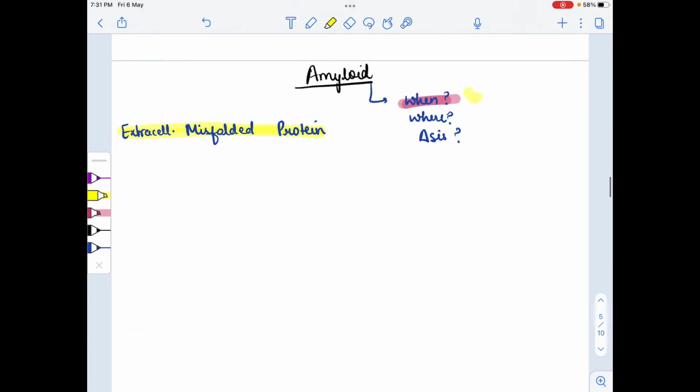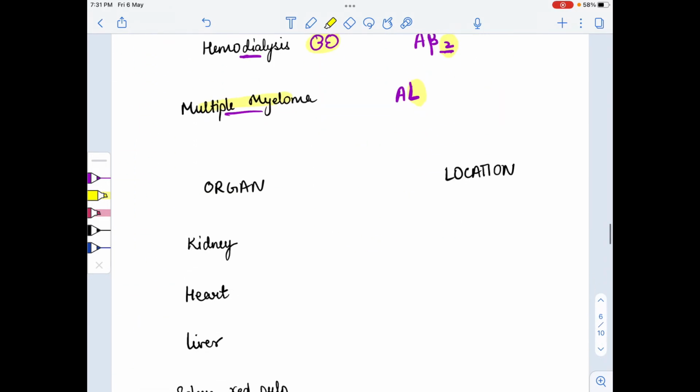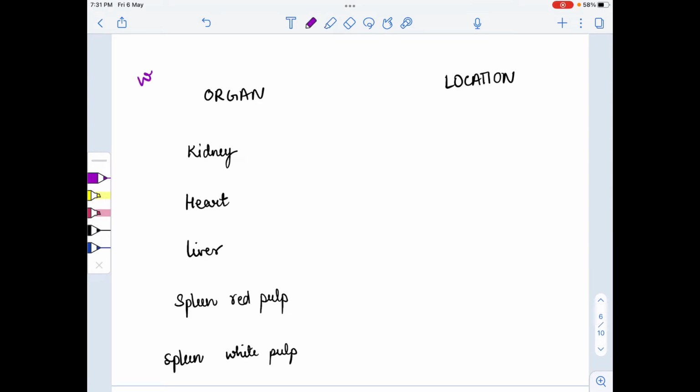Now we already covered this topic. Now we have where it is deposited. The other table is for where it is deposited. So this is the table of where the amyloid is deposited. For the kidney, the kidney is the most common organ where amyloid gets deposited, and mostly in nephrotic syndrome,